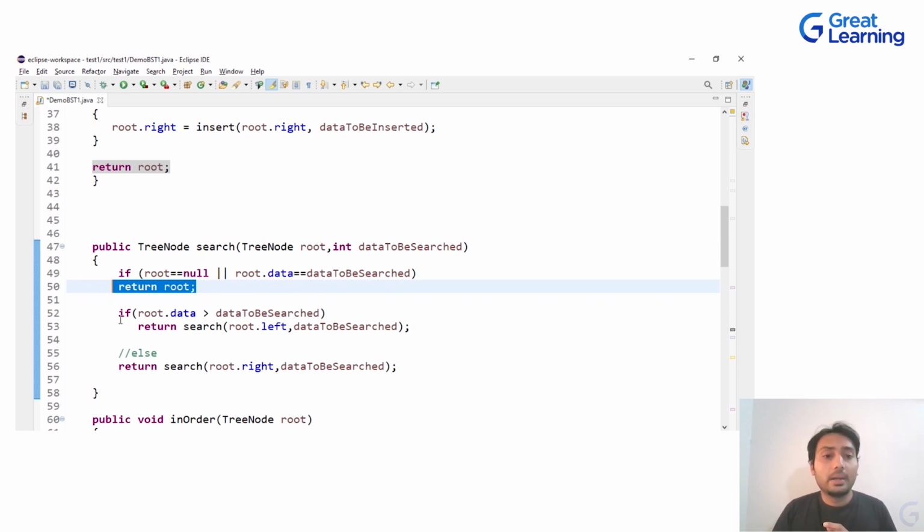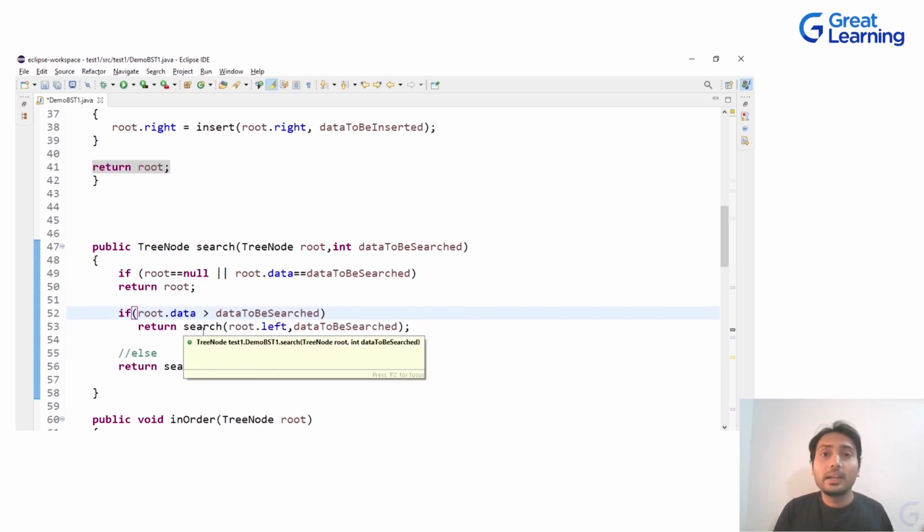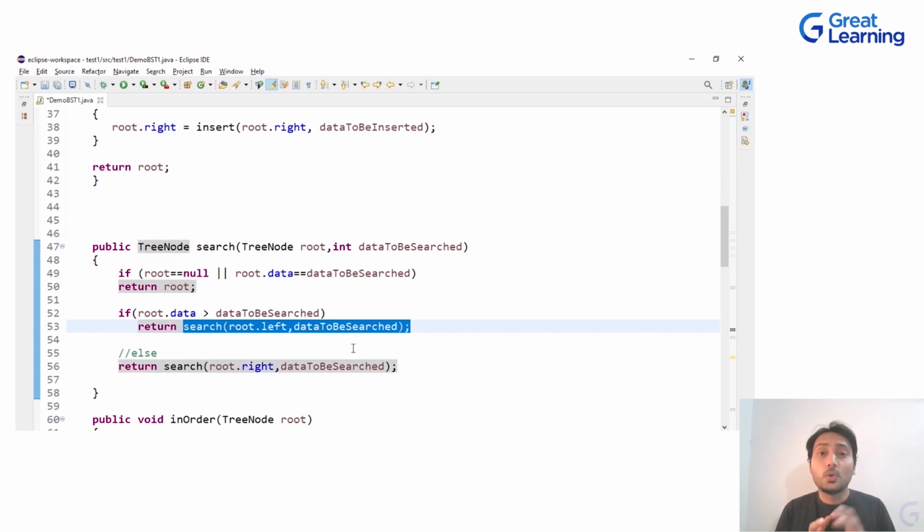If the root.data is greater than the value which you are trying to search, then what you have to do is simply search for that value in the left subtree, or the left side of your binary search tree. So for that, what is the line of code? Call the search method recursively. Search root.left, comma, data to be searched. So this will search for the data on the left side of your